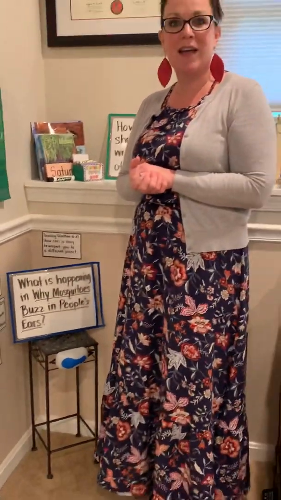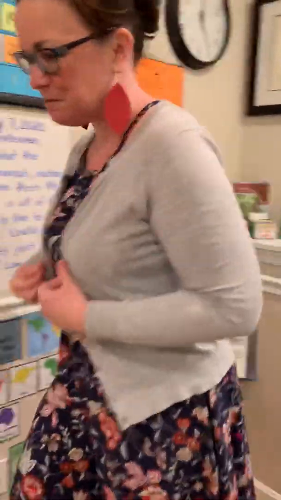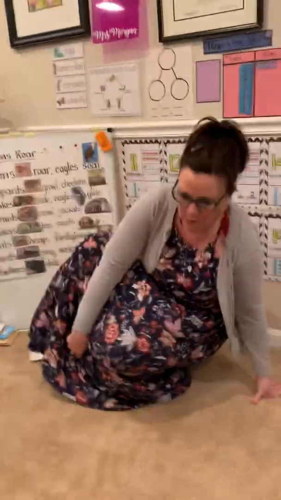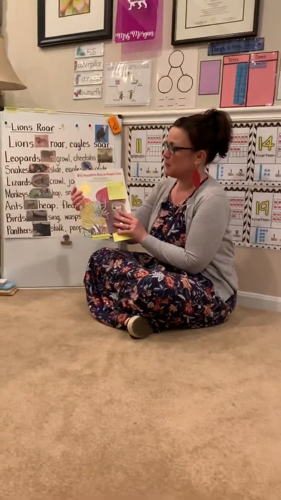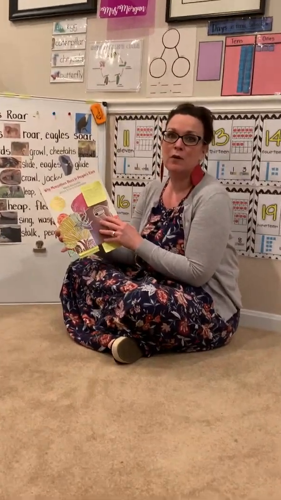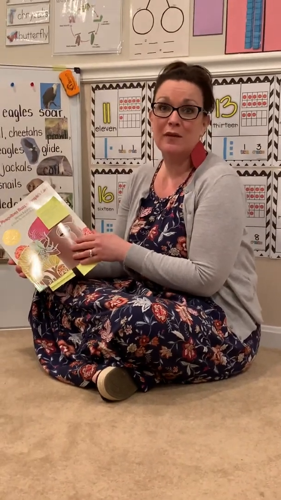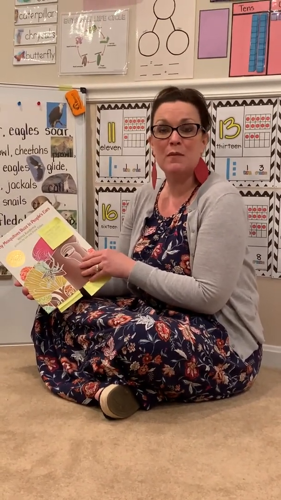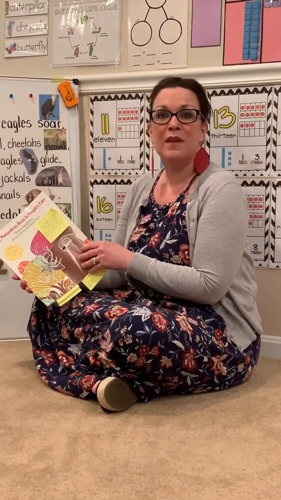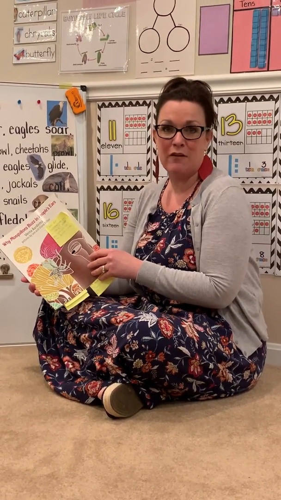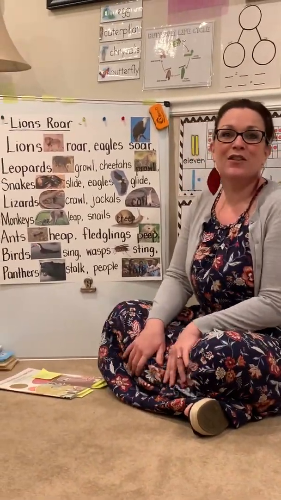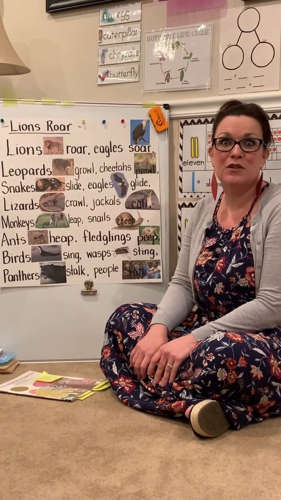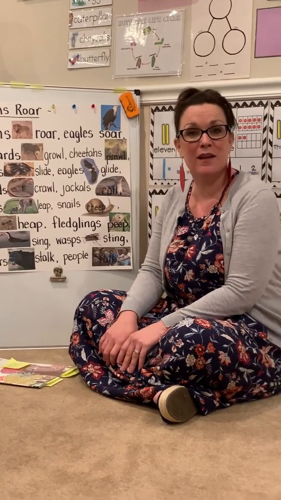We're going to take a closer look at that text that we read yesterday, and let's head on over to our reading area. So in this text that we read yesterday, Why Mosquitoes Buzz in People's Ears, it's actually an African folk tale. And to begin today's lesson, we're going to read a new fluency poem, something to help us get good at reading and learn a little bit more about the animals in Africa. So we're going to be transported to Africa right now and learn this new fun poem that will introduce all of these different animals that live in Africa.